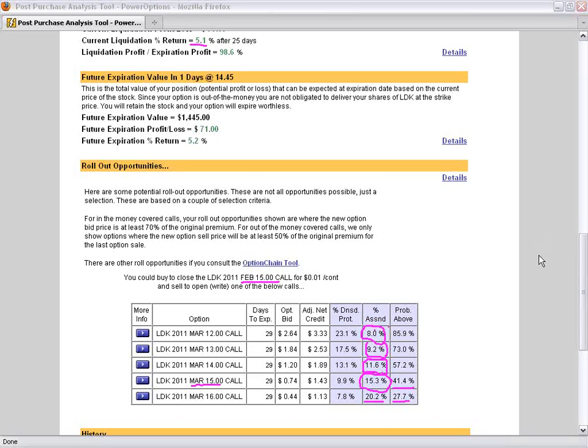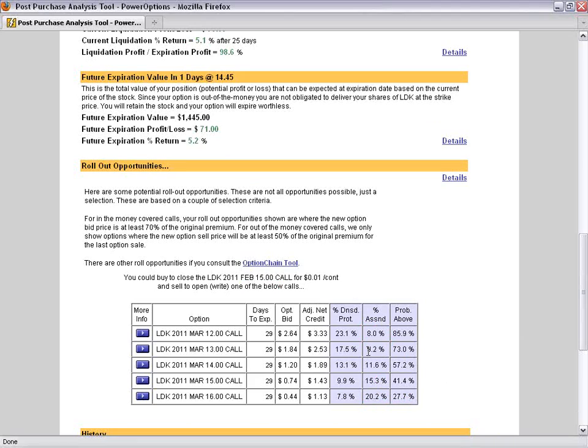Now in this scenario, it was a little bit easier to follow. Our call is going to expire worthless. The stock is currently trading well above our cost basis because we collected $1.35 when we sold the March 15 call. So right now, if we were rolling this as a covered call, we're still in a good scenario. We could even drop the strike price down to the 14 strike and still get another 6% potential return if assigned if the stock stays above 14, from the 5.1% we're making right now. So this is a pretty good position to be in when rolling.